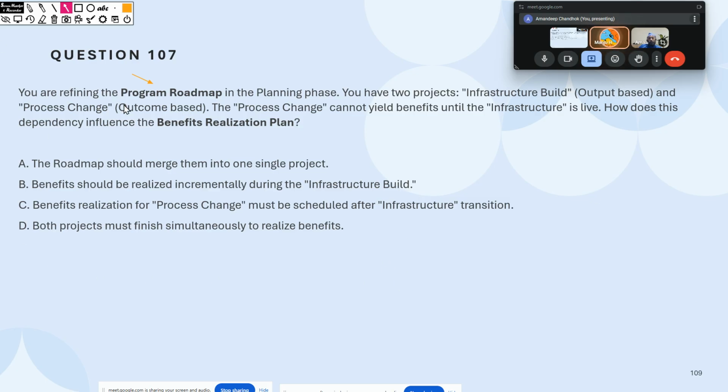Obviously we'll be going for the network diagram where preceding, succeeding, all those things will be there. You will do that normally here also. What is your program roadmap doing, by the way? One of the key reasons of your program roadmap is to show the dependency also, right? It shows you the dependency, it shows you the sequencing. Exactly, that's the purpose.